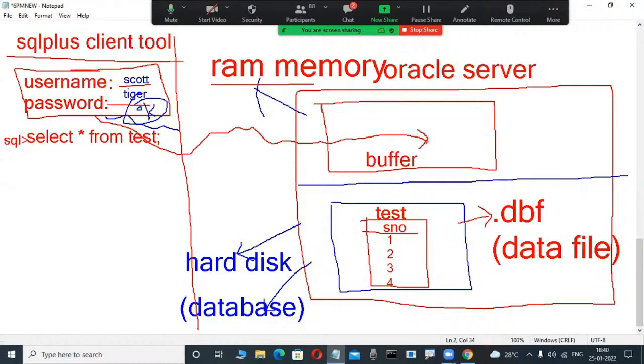Now in this buffer, this tester table is not available. Where is the table available? In the hard disk only. That's why, if this requested test table is not available